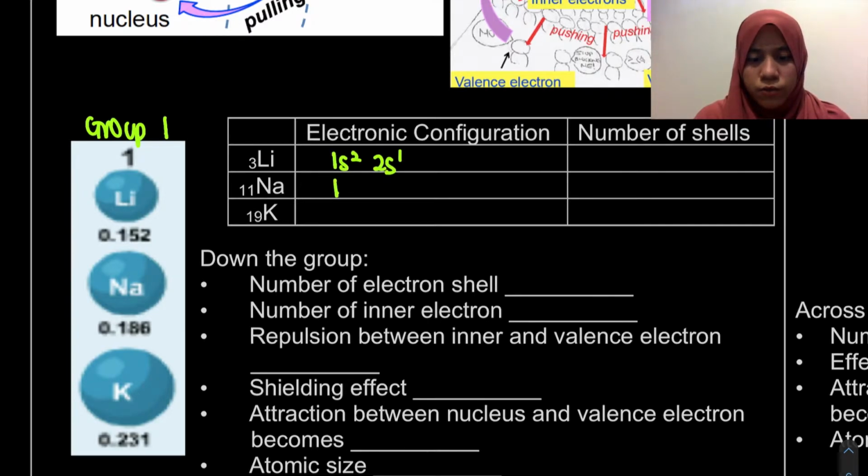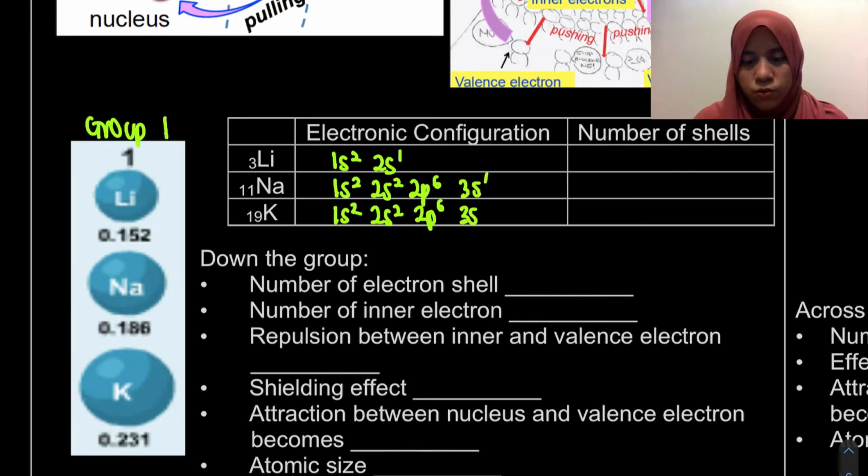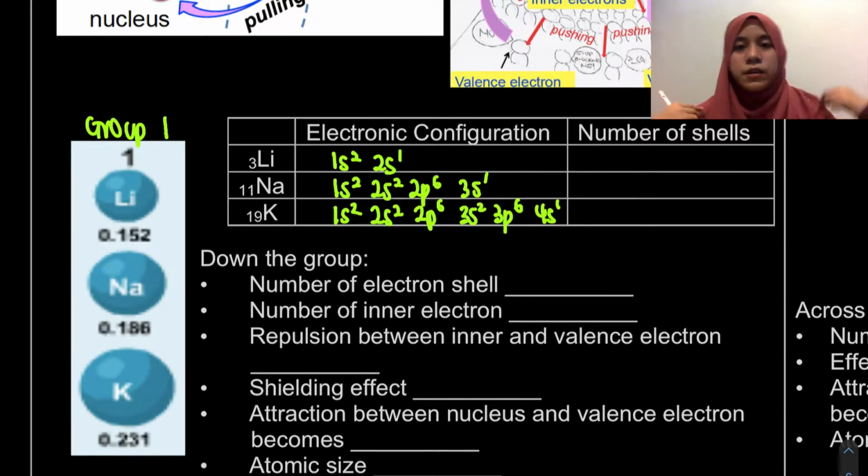Sodium 1s2, 2s2, 2p6, 3s1. Potassium 1s2, 2s2, 2p6, 3s2, 3p6, 4s1. Okay, remember, where we fill up our electron, it must be filled up 4s dahulu. Then once the 4s is fully filled, then we're gonna fill up our